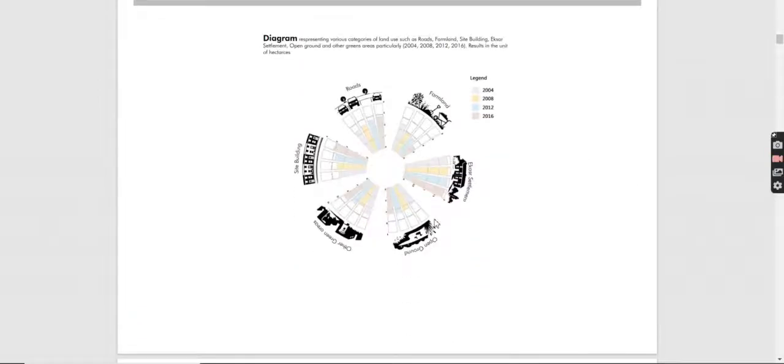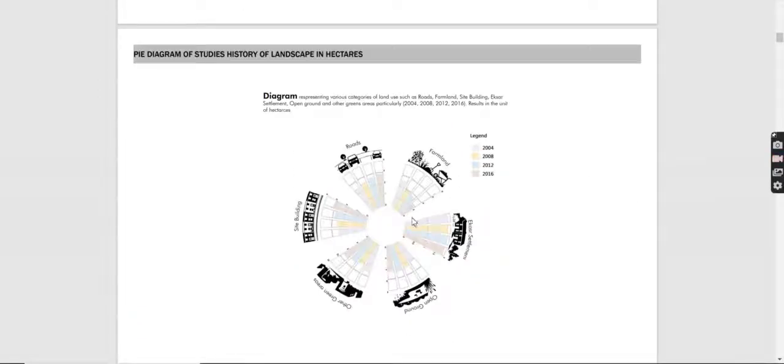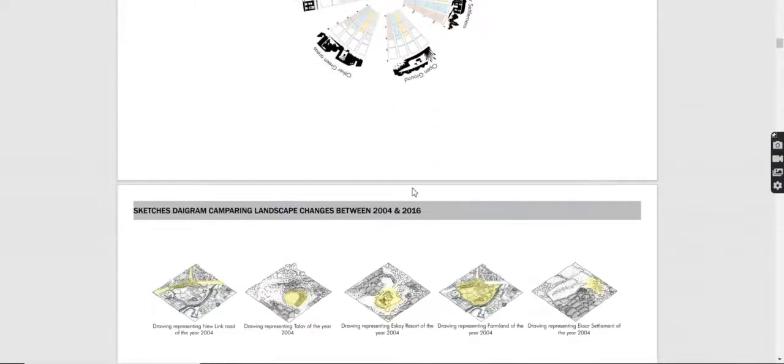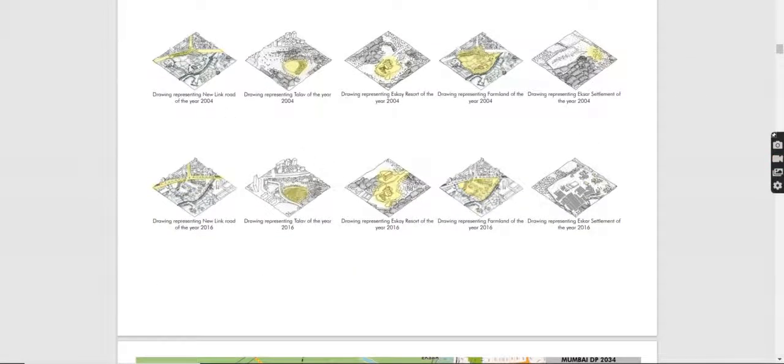So this is the pie diagram of the previous diagram. The 2004, 8, 12, 16 is the study in hectares, and you see 0, 2, 4, 6, 8. Now you see the farmland, how earlier it was 5 and now it came down to less than 3. So how it has changed over a period of time, and they did the drawing representing the